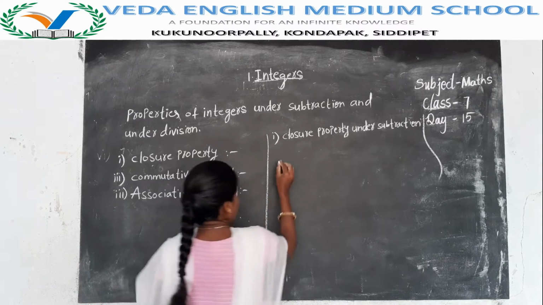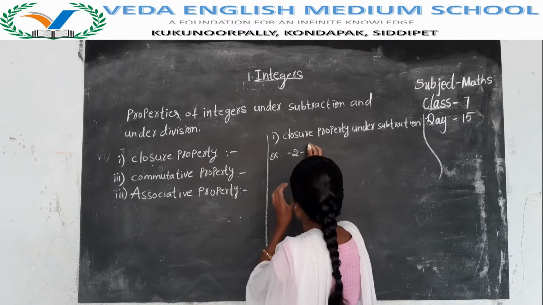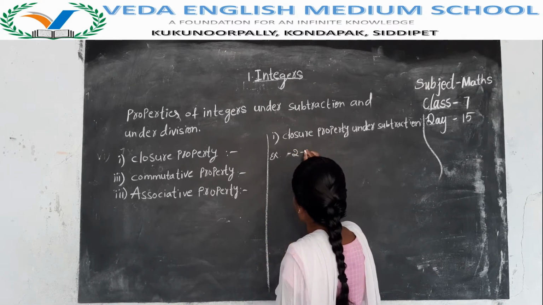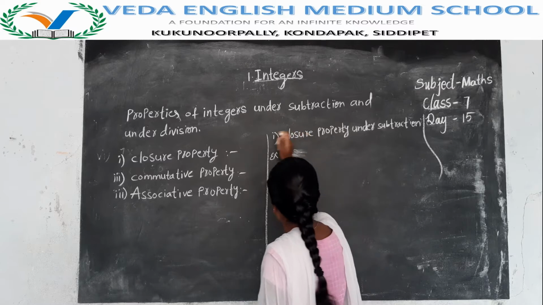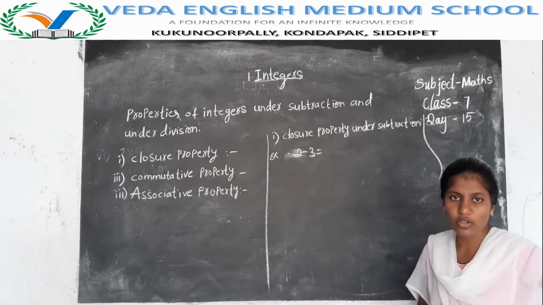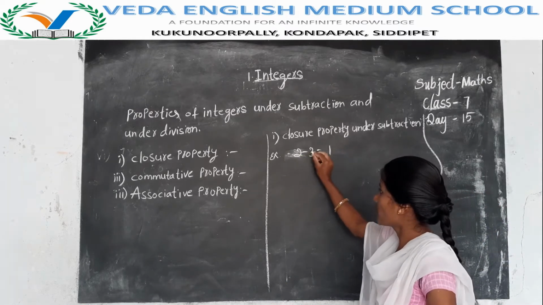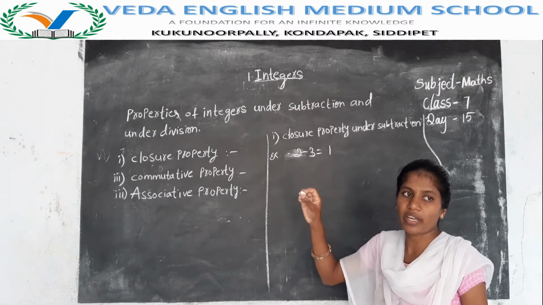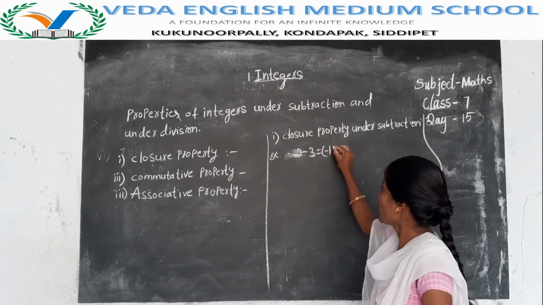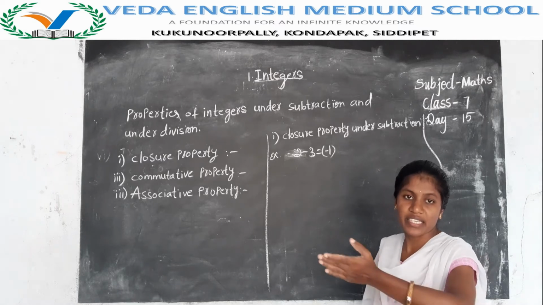Take anything, for example, if you subtract any two integers, -2 is an integer. Now subtract. We'll take 2 minus 3. Is 2 minus 3 possible? 3 minus 2 is 1. Out of these two numbers, 3 is the greater number, and for 3 we have the minus symbol. So the answer is -1. If you subtract any two integers, their difference is an integer.